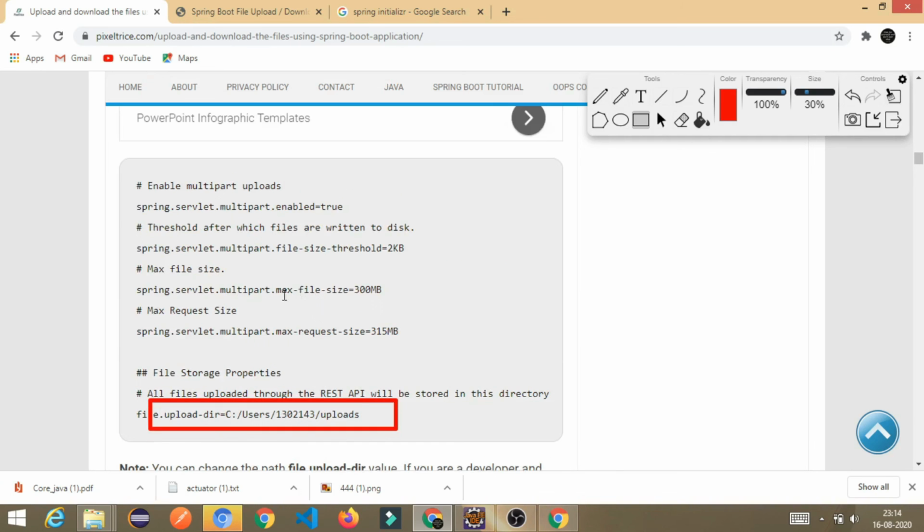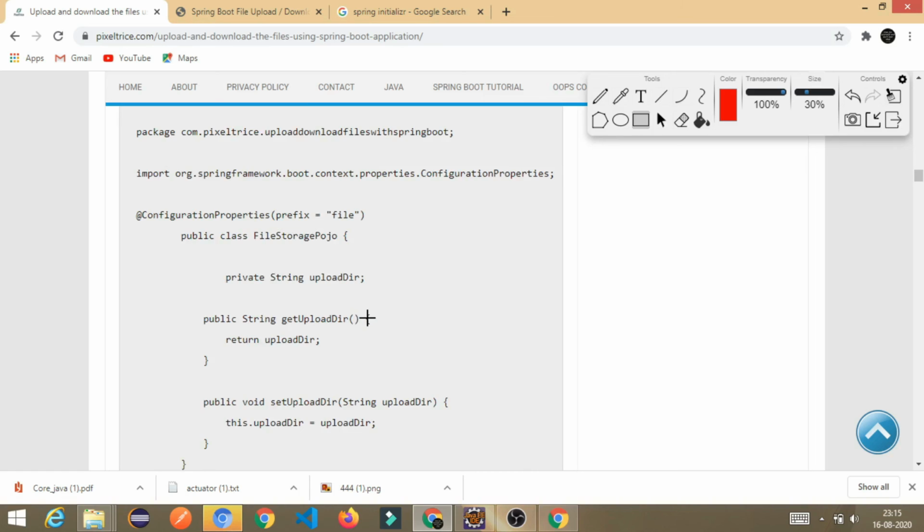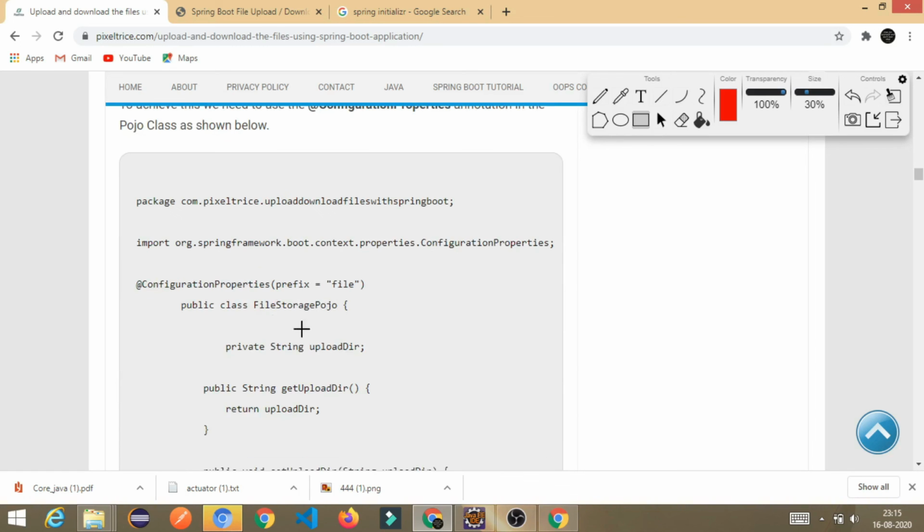Come here, which property is starting with the name file? Only this property starts with the name file, so whatever its value is, it is going to be assigned to this variable, uploadDir.